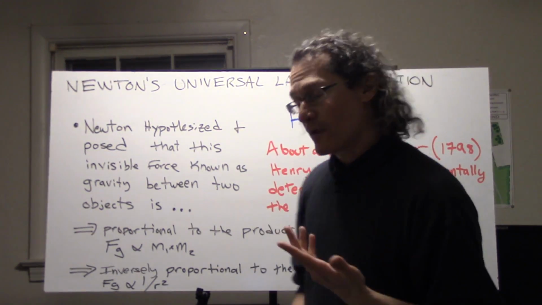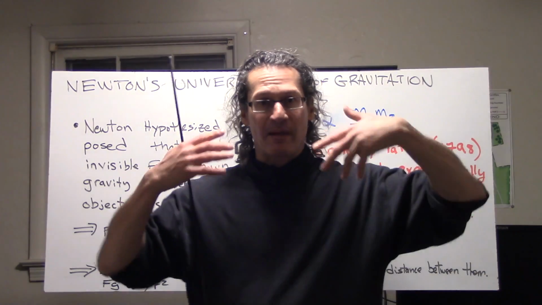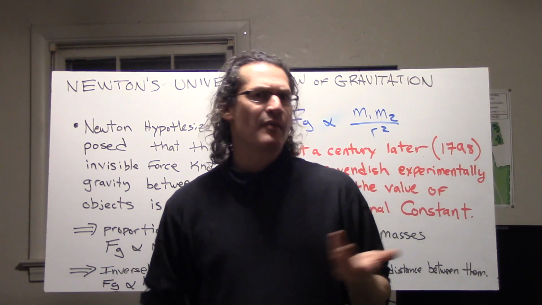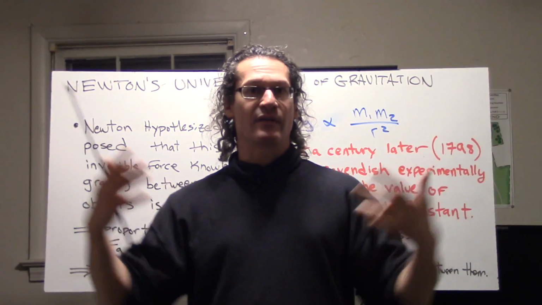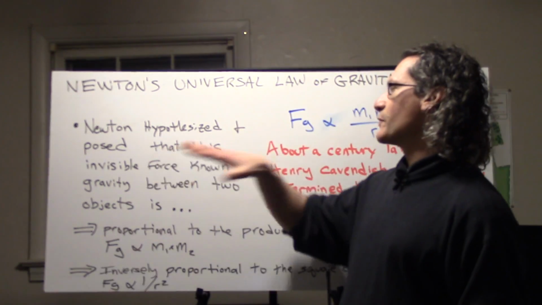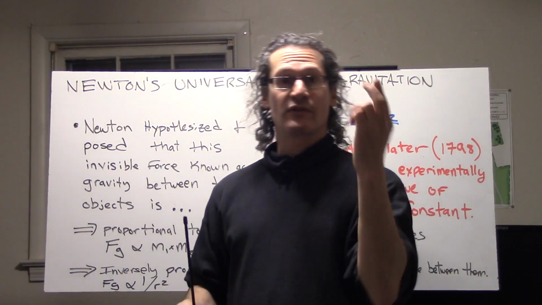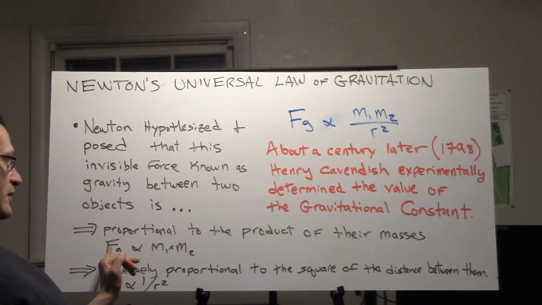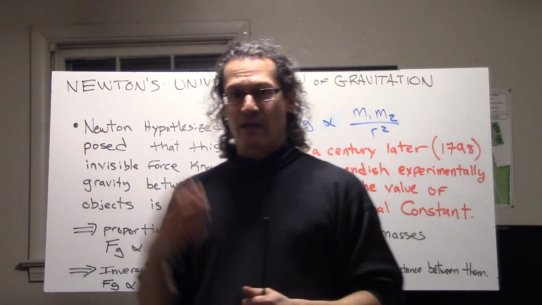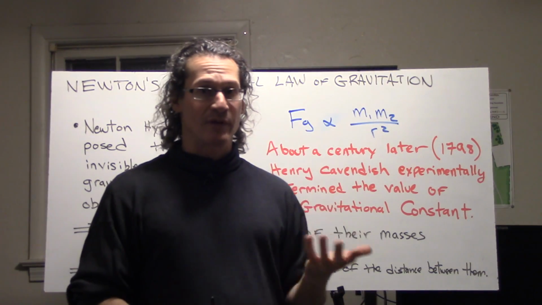So this part 3 here is really about Newton hypothesizing the physical parameters that may describe this force of gravity that could be useful in working with the planets, but also perhaps every object out in the universe. And what he hypothesized and posed was that this invisible force, which is gravity between two objects, is proportional to two things. One thing is that it's proportional to the product of their masses. So let's say you have two objects and they're separated by some distance. The force of gravity between them is proportional to the product of their masses. So mass 1 times mass 2. Okay.